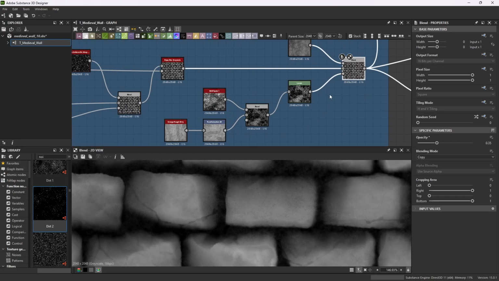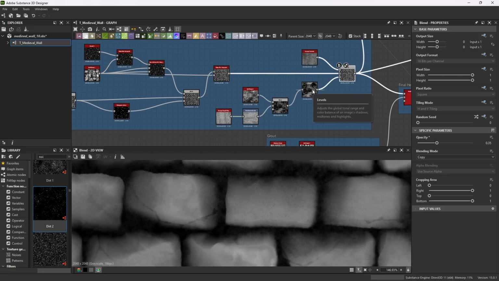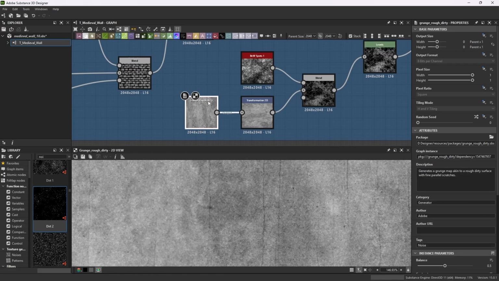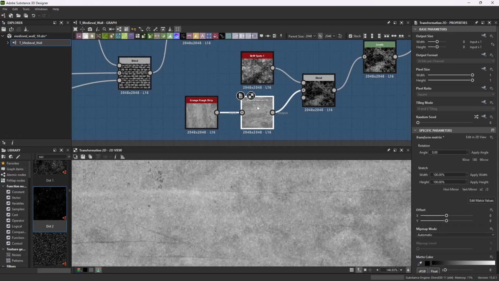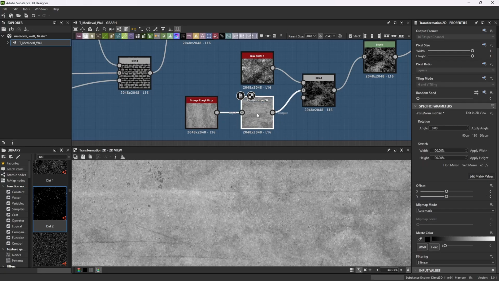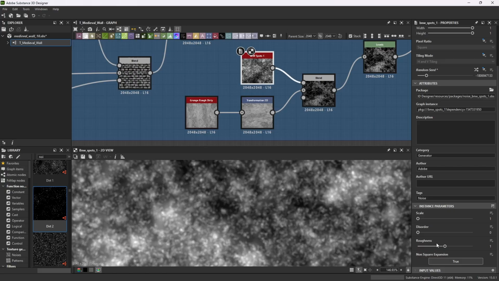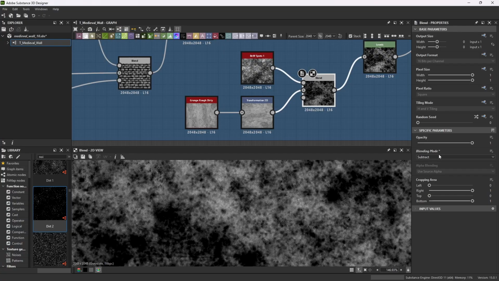Okay? And we're going to use a mask to mask out some parts so that it doesn't do the whole thing, because otherwise it would look too grainy everywhere. You can feel free to play with all of this stuff. So I put in a grunge rough dirty, transform that to 2D and put 90 degrees in to turn it horizontal. And I blend a black and white spots with these settings: scale 1, disorder 0, roughness 1, and I blend that over this transform here. We do subtract,